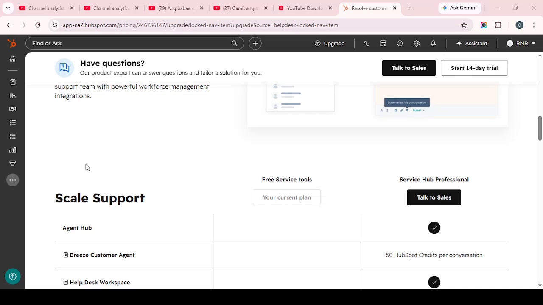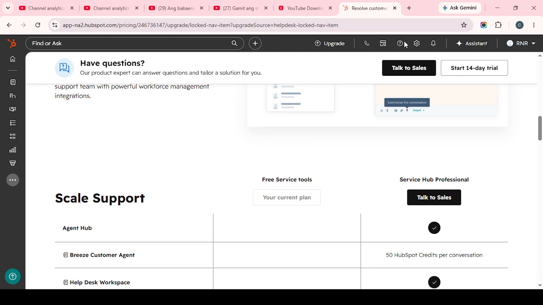In today's video, I'm going to teach you how to find your HubSpot Hub ID, also known as your portal ID. This is a quick and useful task to know how to do, especially if you ever need to connect tools, work with integrations, or provide account details for setup and support. Your Hub ID is a unique number assigned to your HubSpot account, and once you know where to look, it's